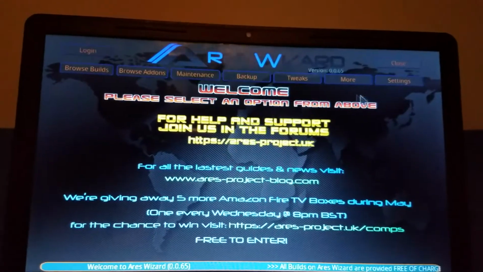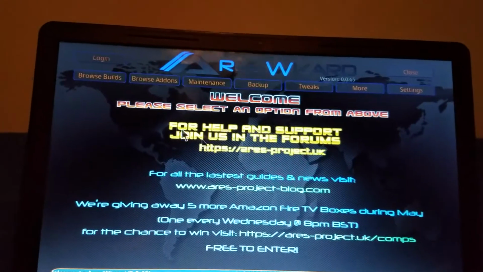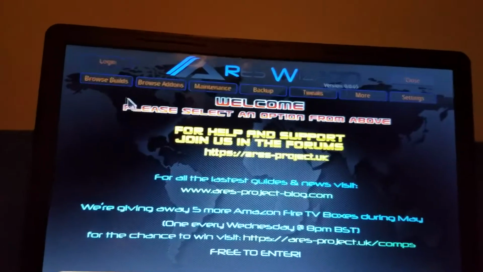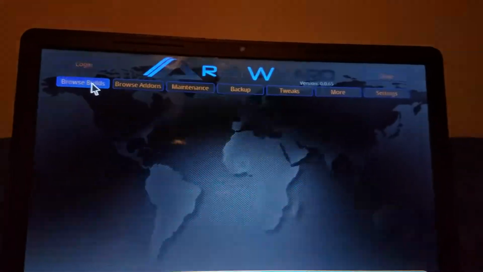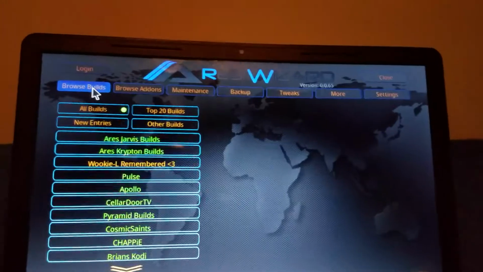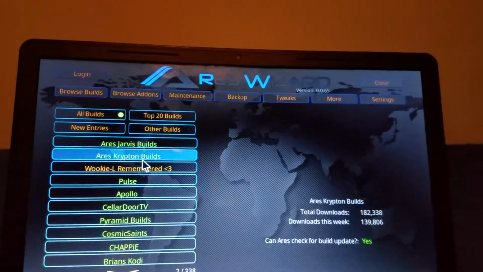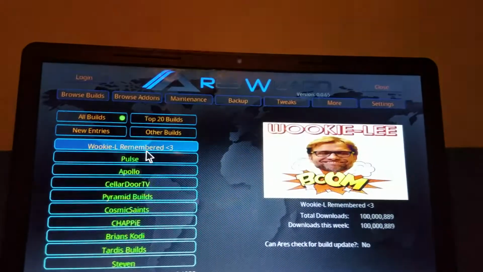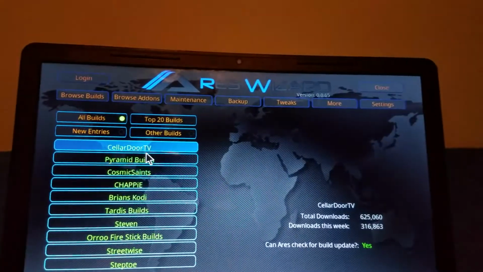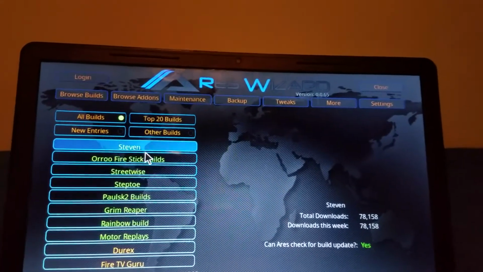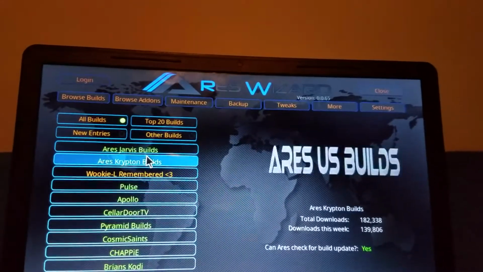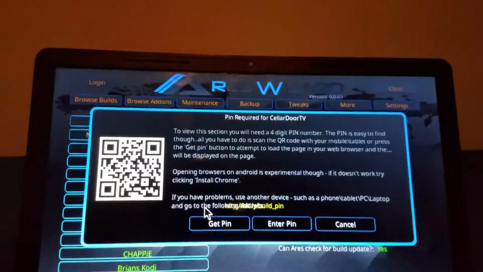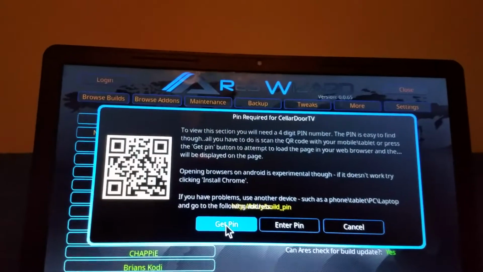tweak, more, and settings. So if you have time, you can play with all this, clean up and tweak whatever you want. So okay, let's start with browse build. Browse build right here, and then you go to the builds, plenty of builds on this, plenty. Okay, so this is the one I like. So it's going to ask you for a pin,